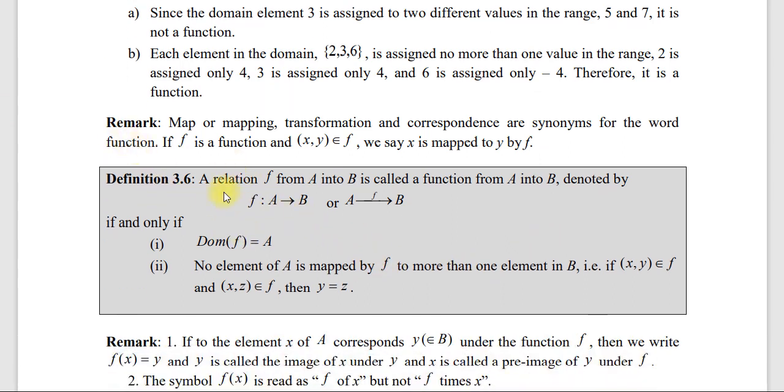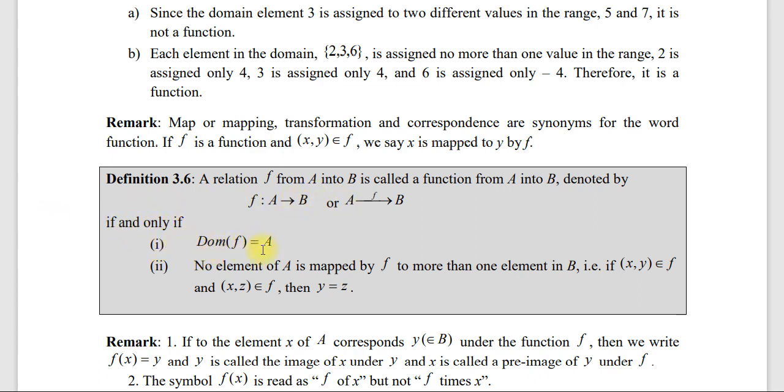Definition 3.6 says: a relation f from A into B is called a function from A into B, denoted by f: A → B. After saying A into B, we can place f here; we can denote or represent it this way. This can be so if and only if, one,